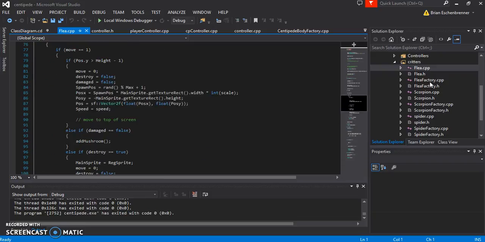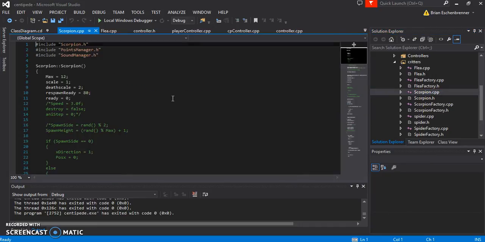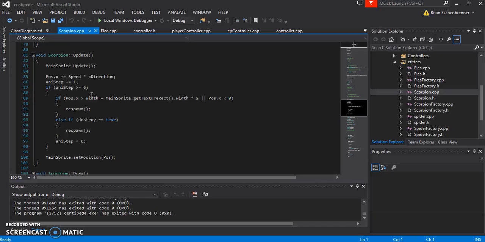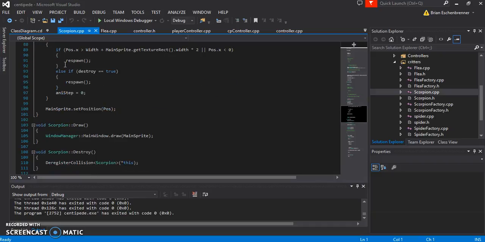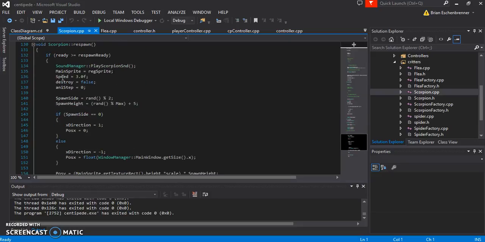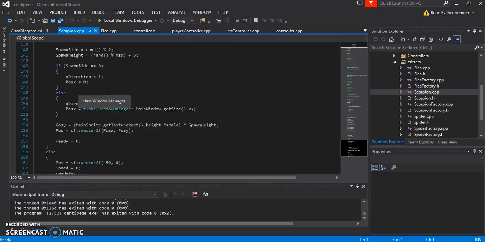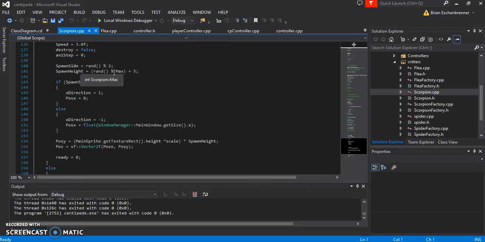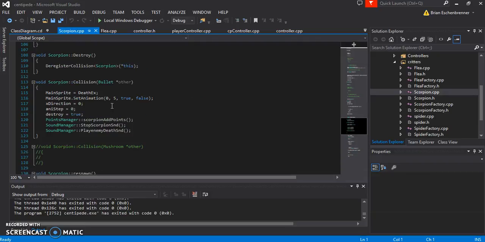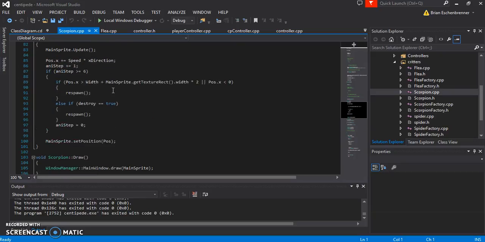Then we've got the scorpion, which just spawns at a random position on the left or the right. And then it calls respawn. So what respawn does is it picks a random spot left or right, picks a position based on this max height plus between 5 and that max height, so that it's not at the top of the screen, but it's somewhere in the middle. And then it picks a side, and it just goes straight across, and whenever it collides with a mushroom, which I believe is